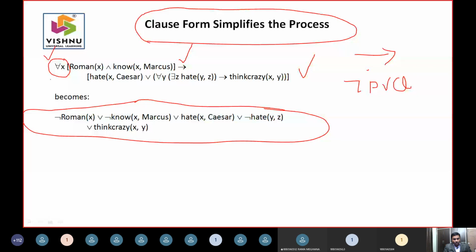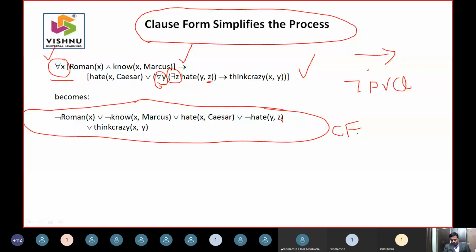There is an existential quantifier here. Whenever an existential quantifier is there, we will replace the variable. Whenever z is there, we will take a specific instance. So you can take it as z1 because z1 is an instance. Particularly, he is talking about existential of z. So all these existential quantifiers and universal quantifiers will be removed, and this is the outcome of your clause form. This is what your clause form says.